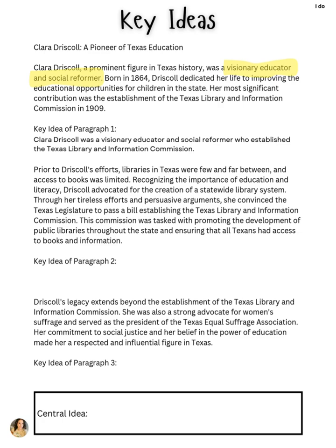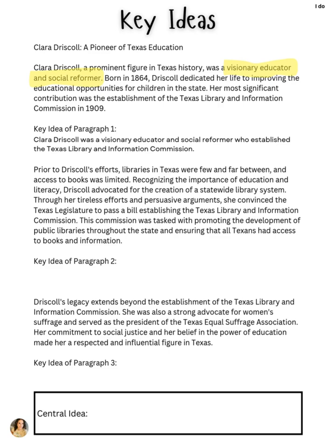Generalization or specific detail? Let's read on, because a general rule is that the first sentence is kind of the main idea, but let's make sure there's not a better one. Recognizing the importance of education and literacy, Driscoll advocated for the creation of a statewide library system. I think that's the key idea or the generalization, because that's essentially what this is about: Texas education and the library system. So I'm going to keep that in mind, but I'm going to read through